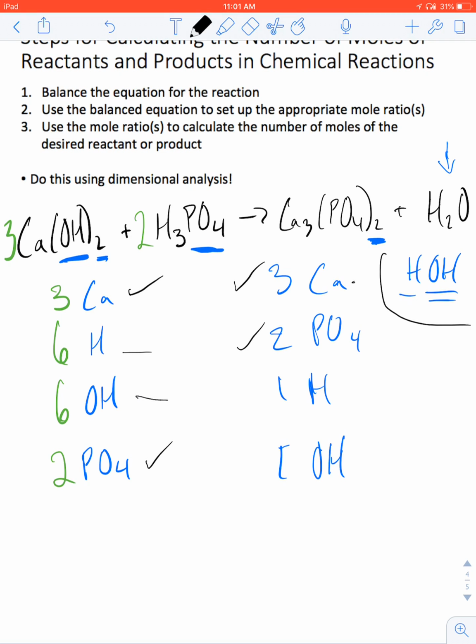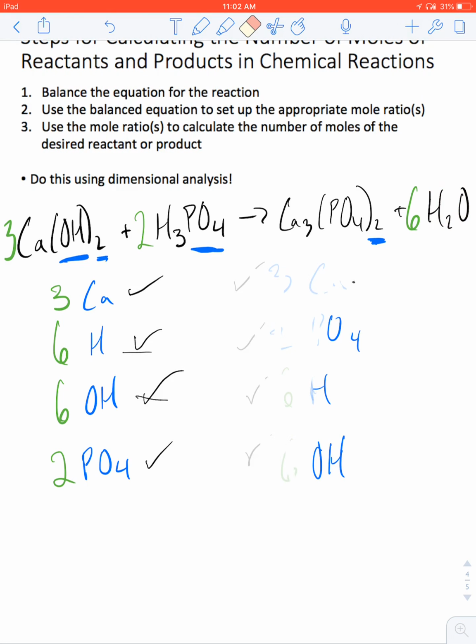But hydrogen and hydroxide are together in H2O. We have 1 of each from H2O. So if we put a 6 here in front of H2O, that's going to change the number of hydrogens to 6 and the number of hydroxides to 6, which means now our equation is nice and balanced. As easy as that, huh? Oh yeah, good stuff. All right, so now that we have a balanced equation,